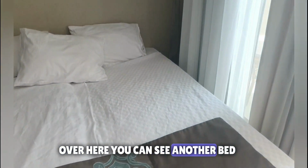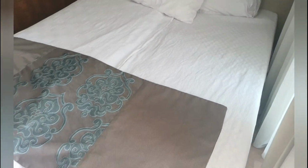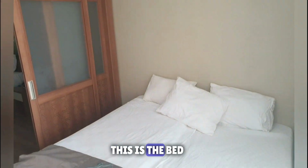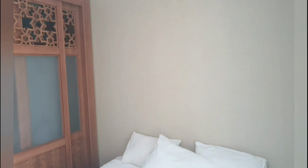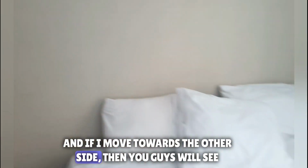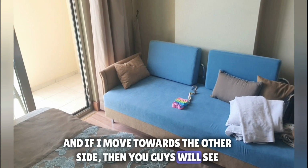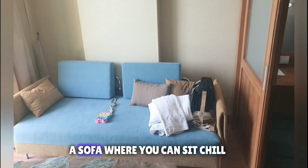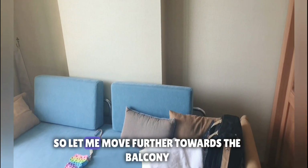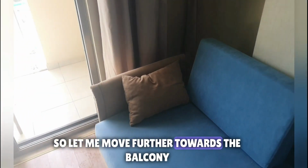Over here you can see another bed. So let me show you guys. This is the bed, and if I move towards the other side, then you guys will see a sofa where you can sit, chill. So let me move further towards the balcony,